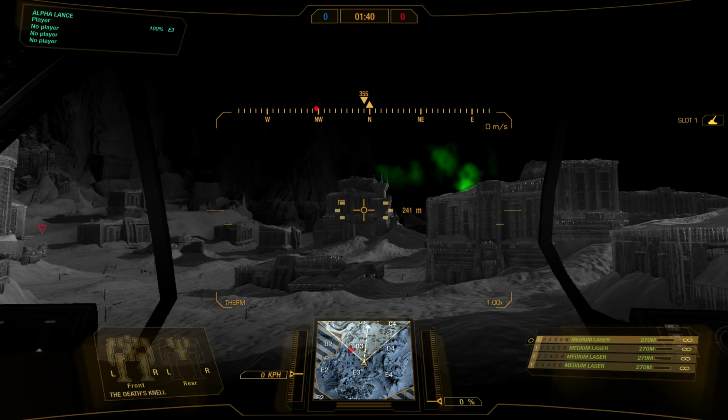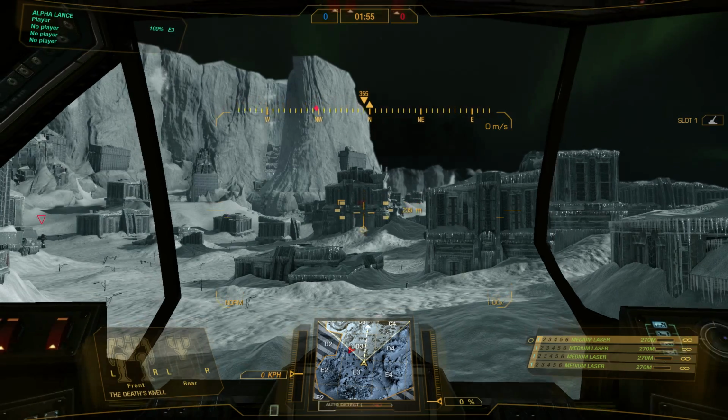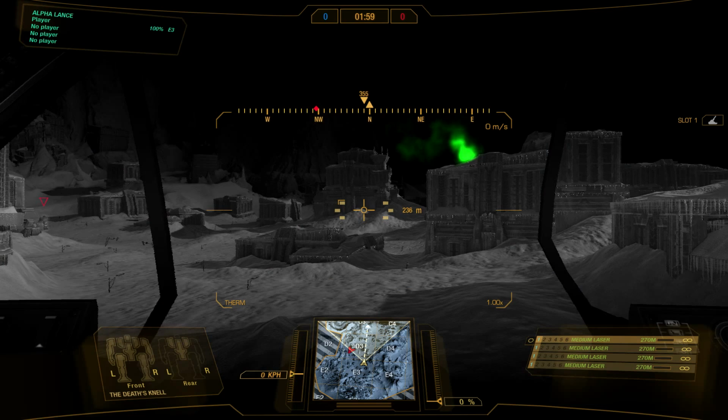Something I do want to make players aware of is that it is extremely difficult to see the smoke from an artillery strike or an airstrike when in this vision mode. So what I'm going to do is switch back to regular, and I'm going to artillery strike that building directly in front of me. So we'll launch the strike. Artillery strike activated. You can see the red smoke,